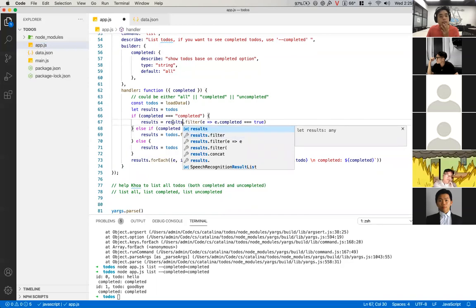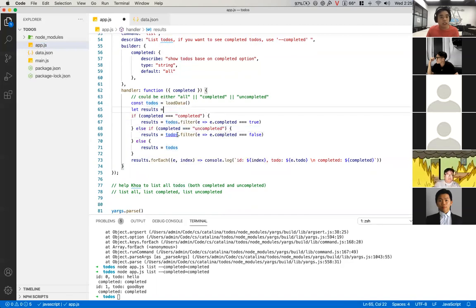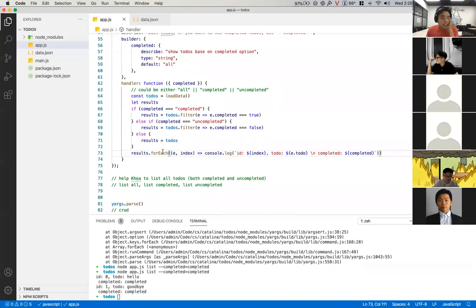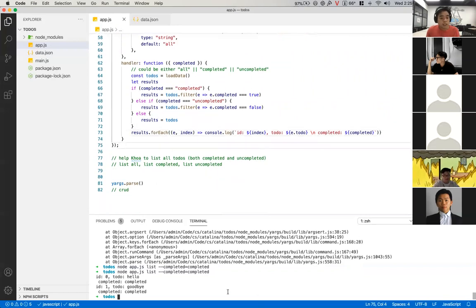I think this way makes it more confusing, rather than having a placeholder results. So todos is going to be our original list, right? And the result will be whatever we want to print out. Sometimes you write code like that, you can reassign that value. It's okay. All right, so if you want to see uncompleted,